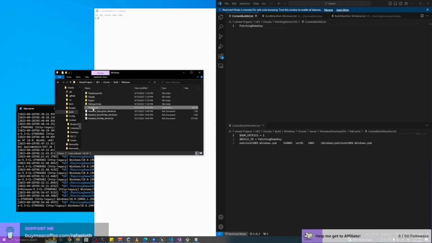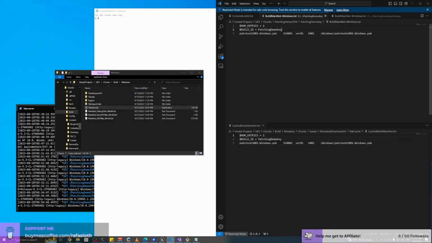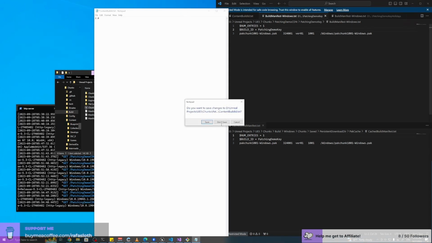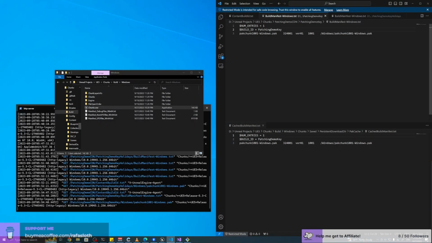So the way I see it is whoever programmed the chunk downloader plugin expected this build ID to change every single new release of the DLC. So even if you have the same file in the web server and just edit it directly, that doesn't work. So chunk downloader is not meant to be used like that. You're not meant to edit the manifest directly. You're meant to point chunk downloader to a different build ID.